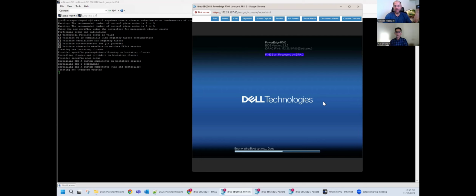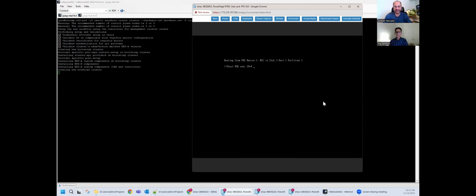bootstrap cluster there. I'm not going to go through the pod logs of the Tinkerbell right now. We've done that in the Ubuntu video already, showing the bootstrap cluster and the pods that run within them and some of the important highlights there. So right now we'll focus on how the sequence works for this particular cluster creation, and essentially proof point the Red Hat cluster. So the Pixie boot is starting,